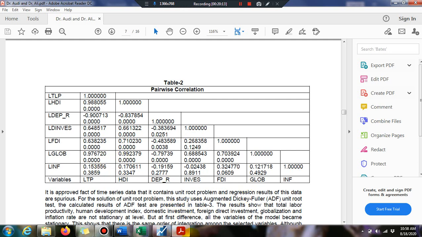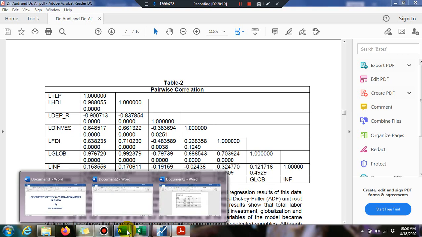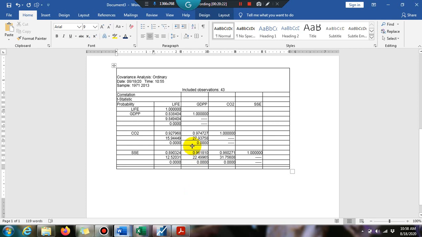Now our main concern is the interpretation, so here we discuss the interpretation of the correlation matrix. See here, life expectancy has a 100% correlation with life expectancy, and GDP has a 0.83 correlation with life expectancy. Your instructor or research methods teacher has also informed you what the range of the correlation is.